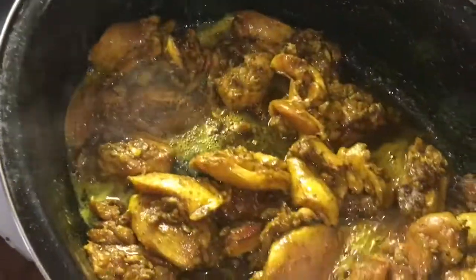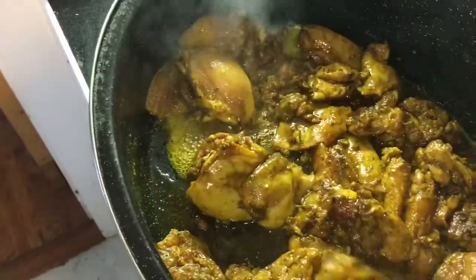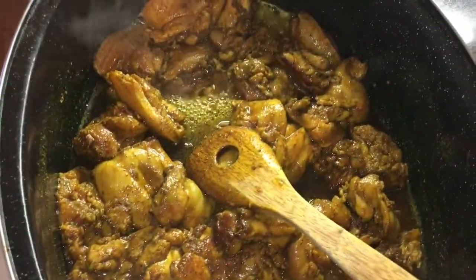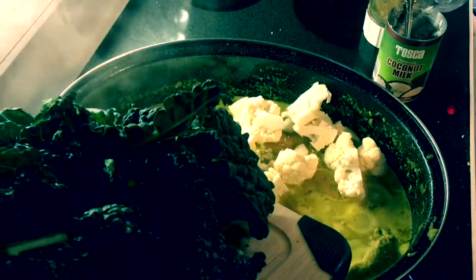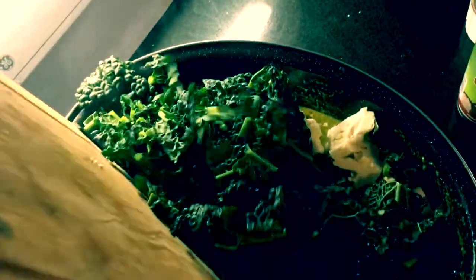All right, now it's getting some color on it. Now I'm going to add the paste. And use a little stock and wash that out. I'm adding cauliflower and this big head of kale I'm going to put in there and stick it in the...